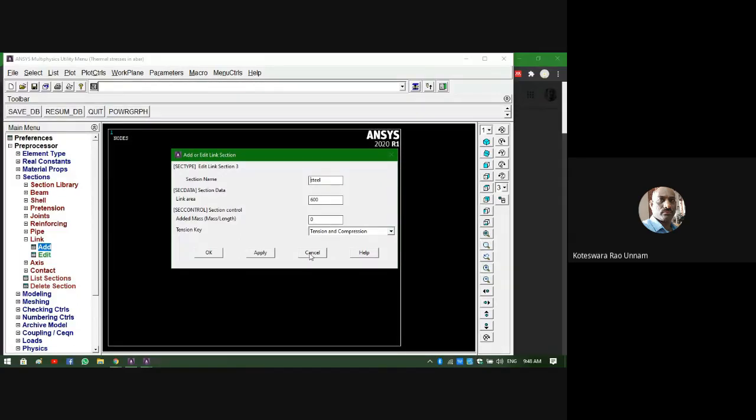But since here we are solving only static analysis, we are not considering any inertia force. If you want to include inertia force, then you can give the mass also. You have an inertia force only if there are accelerations. As long as there are no accelerations, meaning our analysis is static, there is no need to use any mass here. Even if we give it, it doesn't matter. Whatever value you give, it is not going to be included in our solution. That's why we are not talking about this added mass.